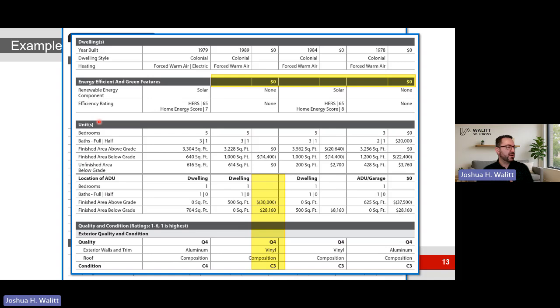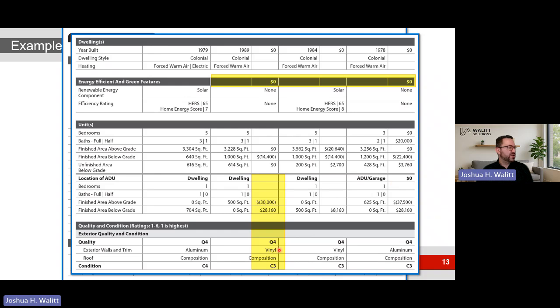Here we have units. We have a breakdown here, right? We have the ADU. So we have the main area, and then we have the ADU. Notice this, we have three comps here. We have adjustments, we have adjustments, we have adjustments. These are just row adjustments like we would normally have, right?